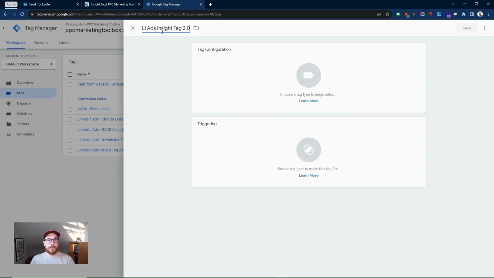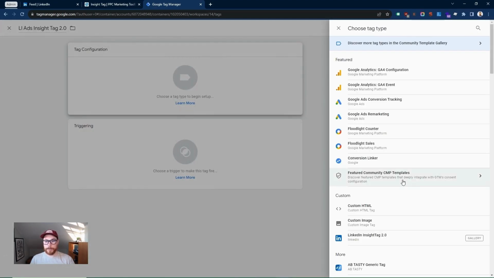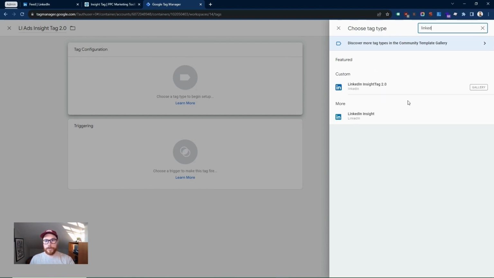2.0. We're going to want to be sure that we install the newer upgraded tag. So that's the 2.0 tag. That came out in 2022, but it's not the easiest one to find. So a lot of people are not using it. So I see it here because it's already set up, but you're not going to see it. If you were to type LinkedIn, you would actually find this original tag, but we're going to